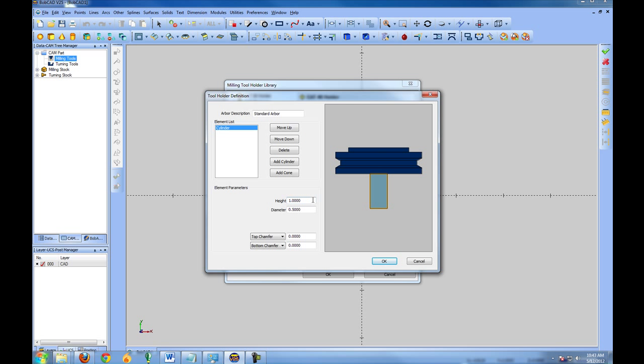Let's take this cylinder and give it a height of 1/2 inch and a diameter of 2 inches. And we'll add an additional cylinder, and we'll give it another height of 3/4 inch by 1/2 inch. Actually, let's go ahead and go 1.75. You can see the drawing updates dynamically, so you can actually have your tool holders set up in here per exactly how your tools are set up. Again, it'll just increase the simulation